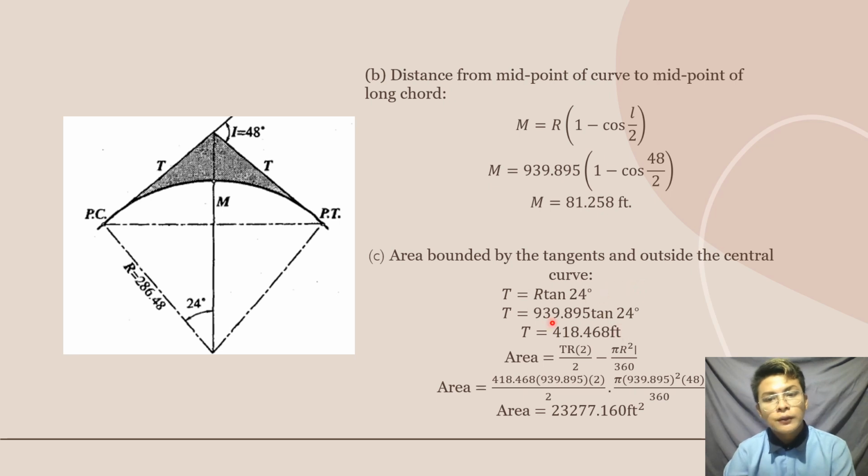Next is the area bounded by the tangents and the outside of the central curve. So we must get first our tangent before we get the area. Using the formula T is equal to R tangent 24, substitute the radius of the curve, then we will get T is equal to